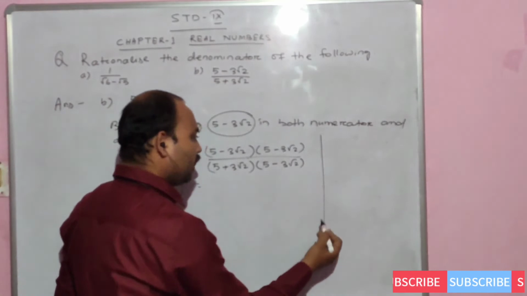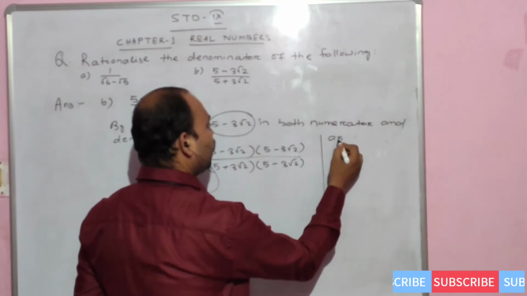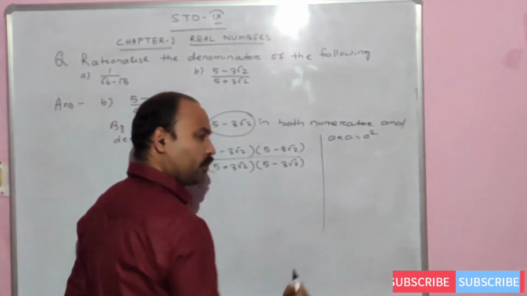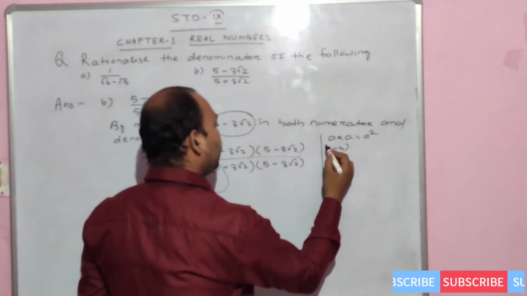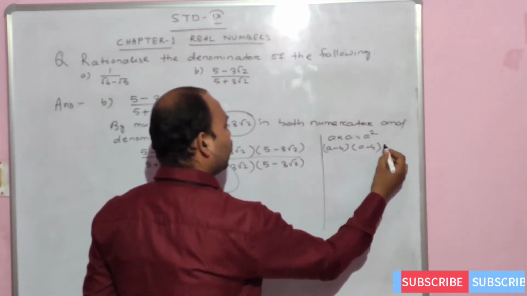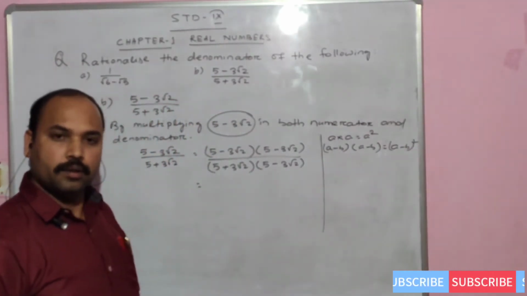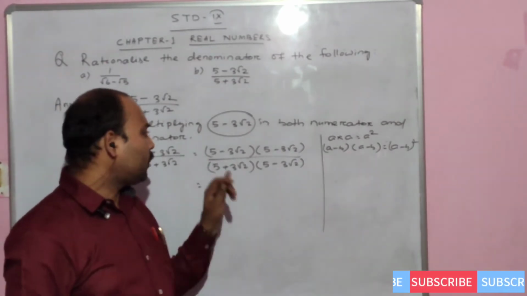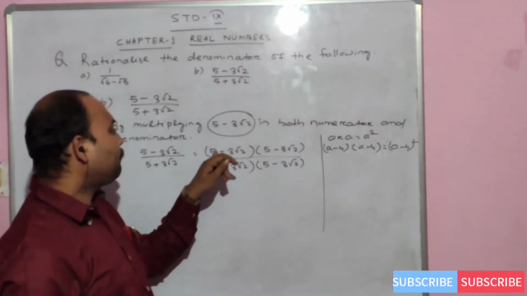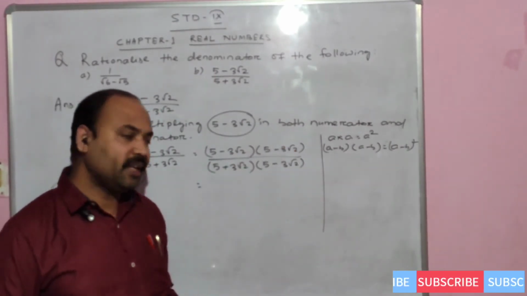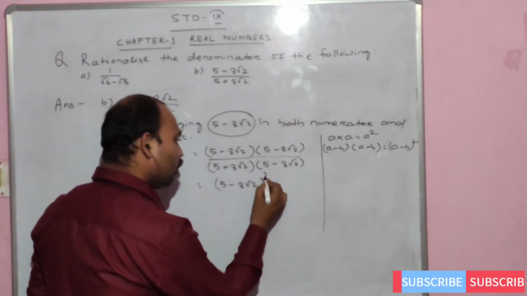Here in your numerator one formula is coming. Which formula? Suppose a into a, we know that it is a square. In the same way, when we multiply (a - b) into (a - b), we will get (a - b) whole square. Right? So here, in place of a it is 5 and in place of b it will be 3√2. So (5 - 3√2) into (5 - 3√2) means your (5 - 3√2) whole square